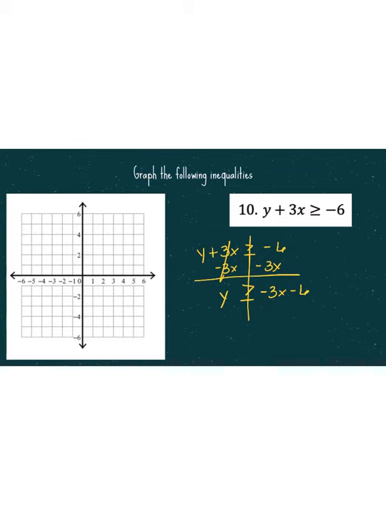So I'm going to start at a negative 6 because that has minus 6 at it. And then it's telling me to go down 3 and over 1 because there's no number on it. Down 3 and positive 1. Okay? So remember, if I'm going down 3 and over a positive 1, that's going to be the same as going up 3 and then to the left a negative 1. So those are the same. So I can't really go down from a negative 6 because there's nothing there. So instead I'm going to go up 3, 1, 2, 3, and then to the left 1, not to the right because that negative is on that negative 1. So I'm going to go up 3,